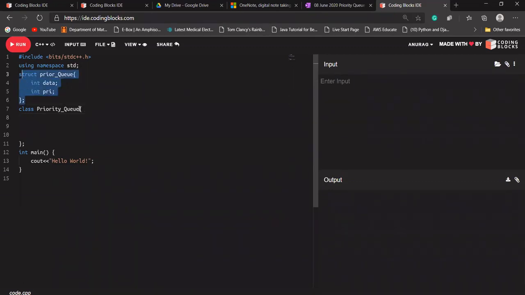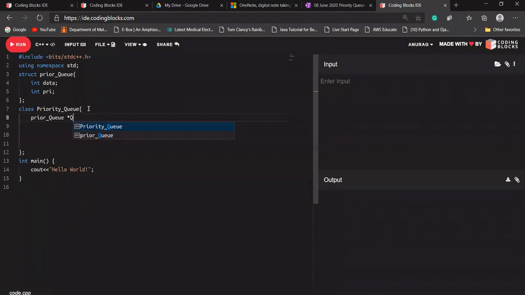Okay. So what I'm going to do here: priority queue, let's name it capital Q, or let's say A, capital A. It will be just a pointer of this structure data type.